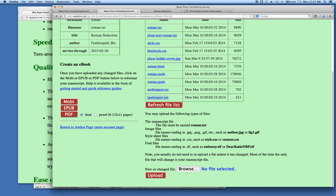So you can also make a proof version. The book image pages will be the same size. The images will be the same size, but they will be in a frame centered in an 8 1/2 inch by 11 sheet of paper to make it easy to print on a home printer. Well, we'll just go ahead and we'll leave it in the Final format. Click the PDF button,